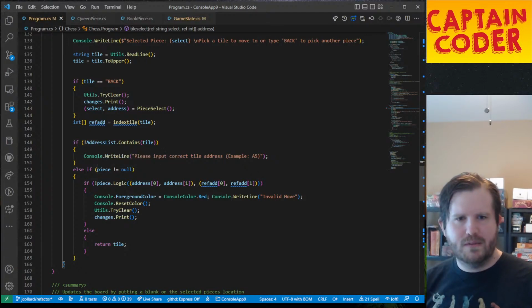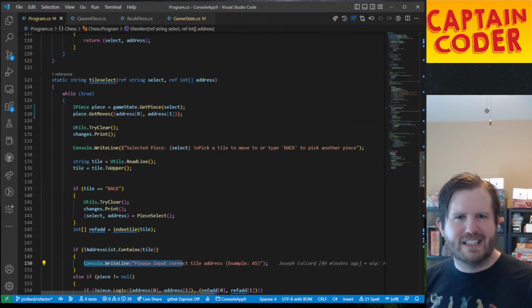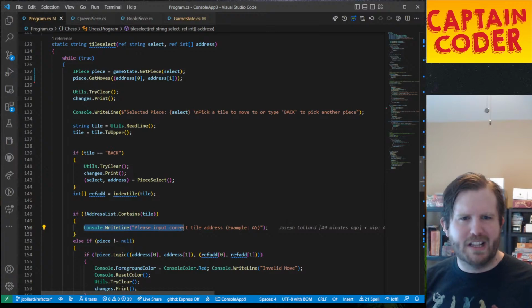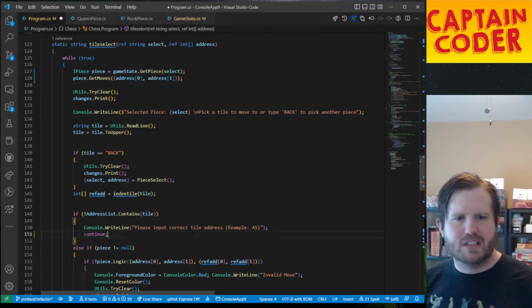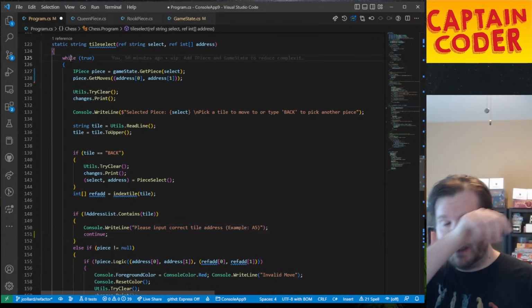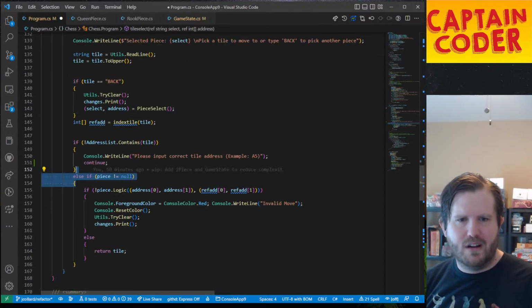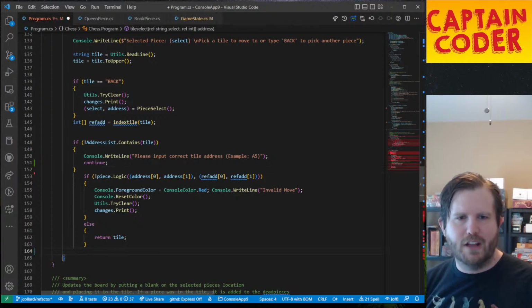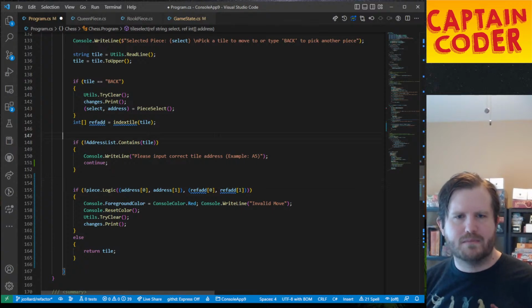we know that, so please enter a thing, and then we want to do this loop again, so I'm gonna do continue. So what's gonna happen is please input the correct thing, and this continue says go back to the top of the loop and run it again, and then I can get rid of this if altogether, that else part, so this just becomes okay. So we're gonna get the check